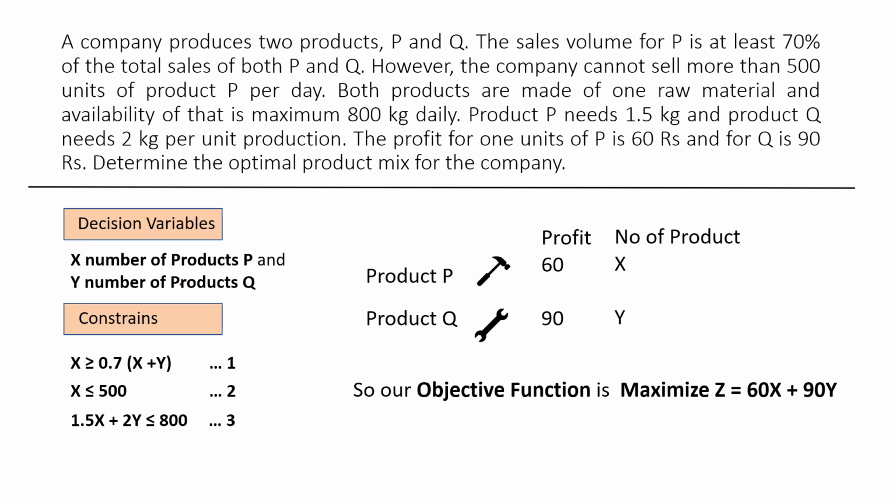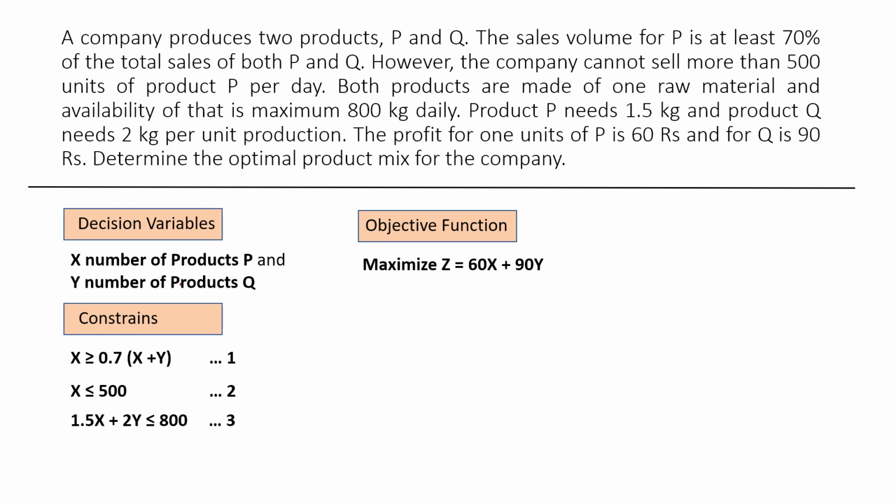Suppose in this kind of question, it is given that the cost of P and cost of Q is 60 and 90. Then we will try to minimize the cost. So in that case, we will write minimize the Z. But here it is given profit, so we are writing maximize the Z, that is equal to 60 times X plus 90 times Y. Okay, so this is how we are considering the question, and we are giving the answer in terms of the decision variable, constraint and objective function.